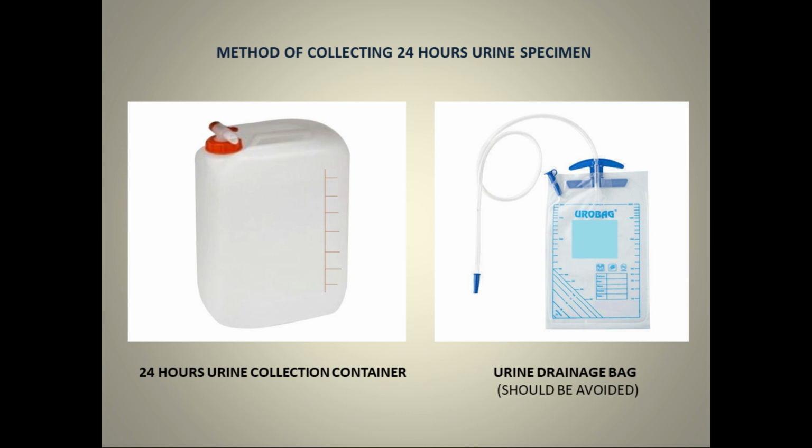Number 3. Method of collecting 24 hours urine specimen. 24 hours urine specimen means to collect all the urine voided in 24 hours. Collection of urine begins at 6 am. Ask the patient to void at 6 am and discard the whole urine. All the subsequent voiding should be measured and collected in the bottle which is labeled. Continue to collect till next morning. Ask the patient to void at 6 am on the next day and add it to the urine previously collected.